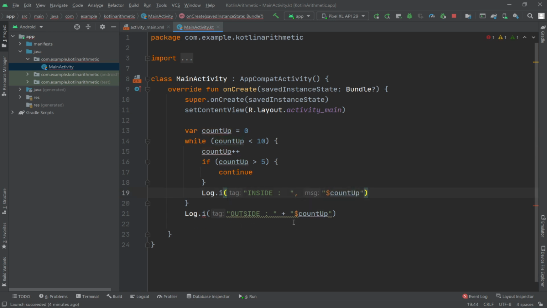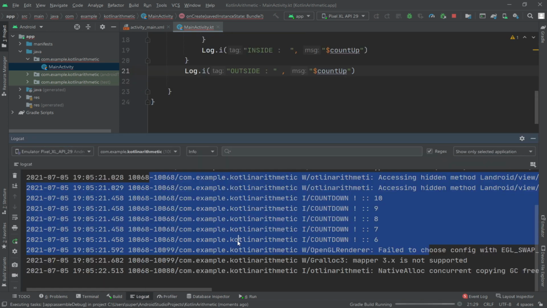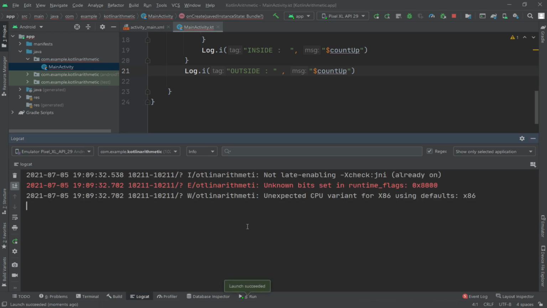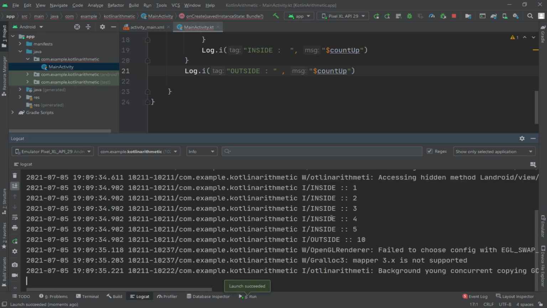Let's run the code here. Okay. As you can see here,